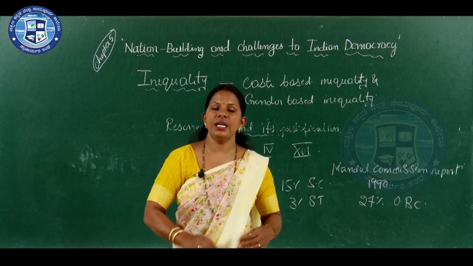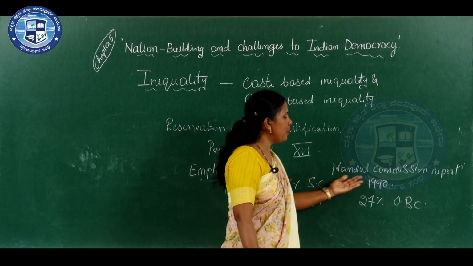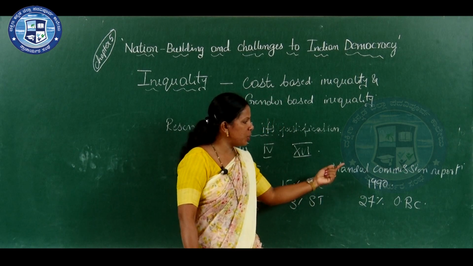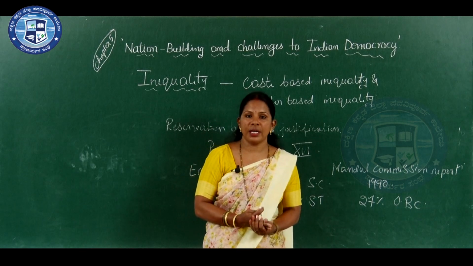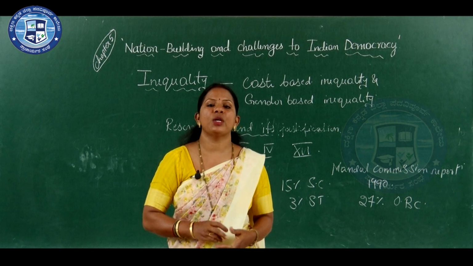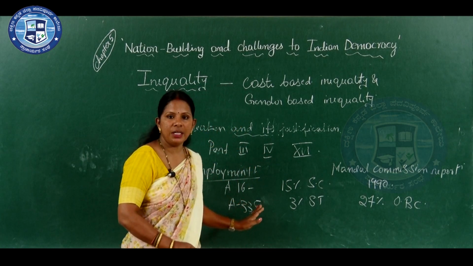Sometimes there may be a question about when the Mandal Commission report was implemented in India. It was implemented in India during 1990, and it provided 27% of job reservation to the other backward classes. So, this is a reservation in employment